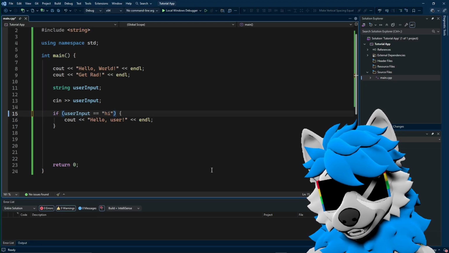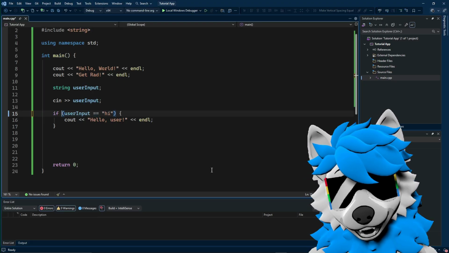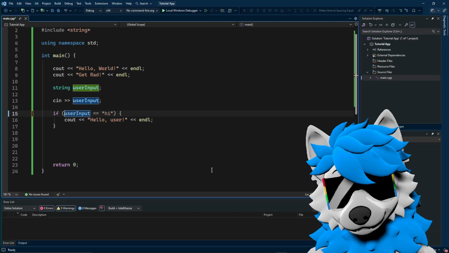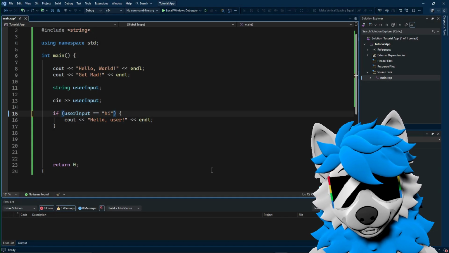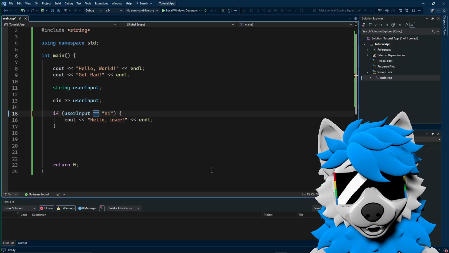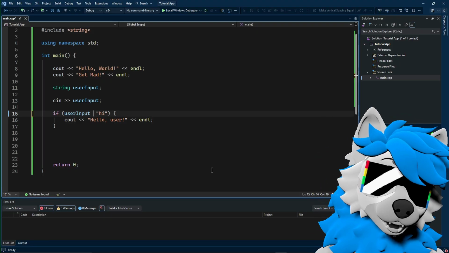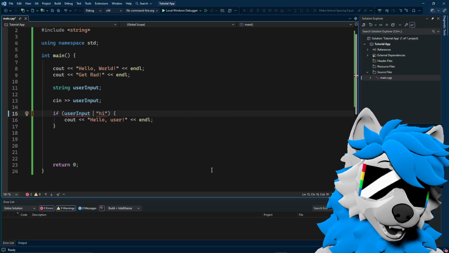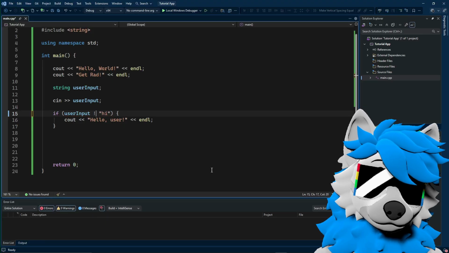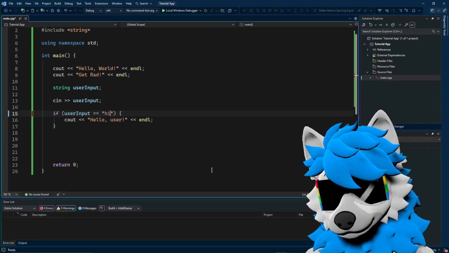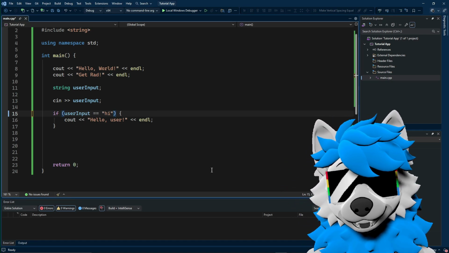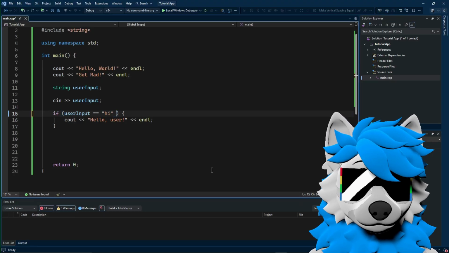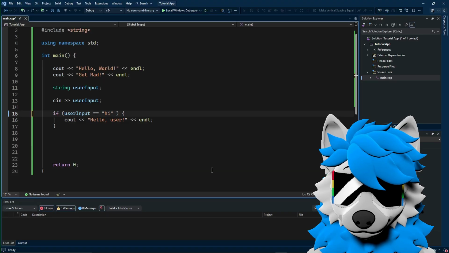Now you can do a variety of things in these if statements. So if basically runs stuff, whatever is in the parenthesis will run if whatever is in here is true. There are other things you could do. You can do stuff like comparing numbers, if it's greater than, less than, if they're not equal to, and whatever you want. Of course, you can't do greater than or less than in this case because it'd be a bit odd to compare strings like that. But you could compare their lengths. And you can do